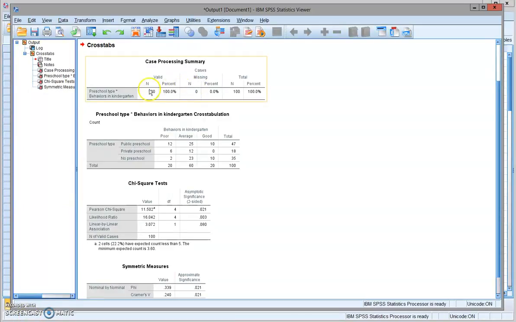You can see here the total sample size 100. And here is the table, the summarized frequency table you see in table 8.10 of the textbook. Exactly the same information. Okay. Then the next table here, we have the chi-square test. The Pearson chi-square has an observed value of